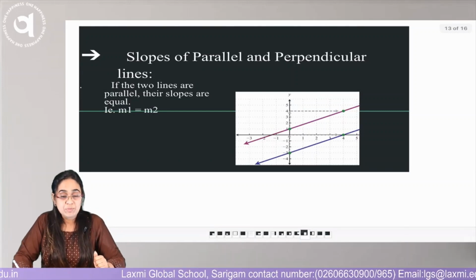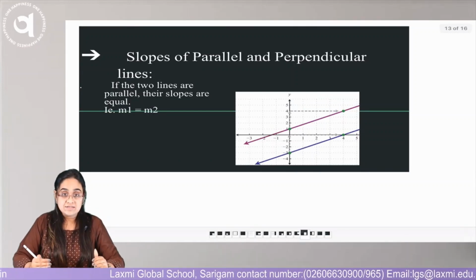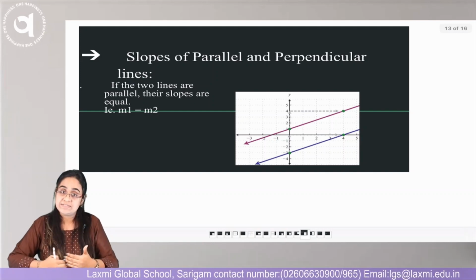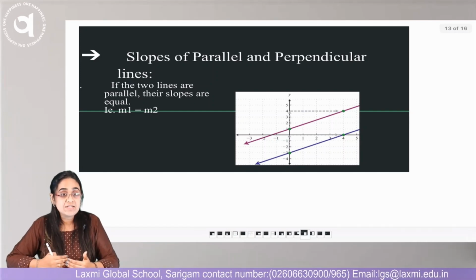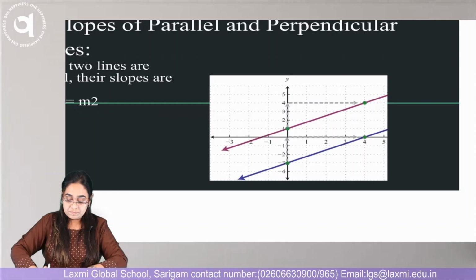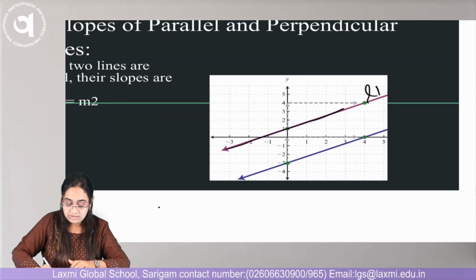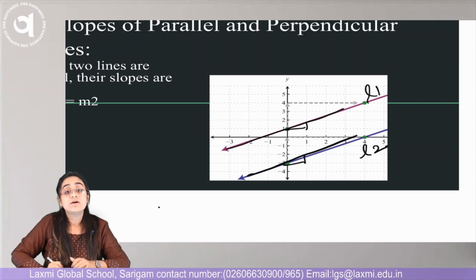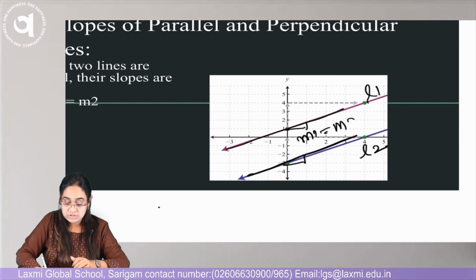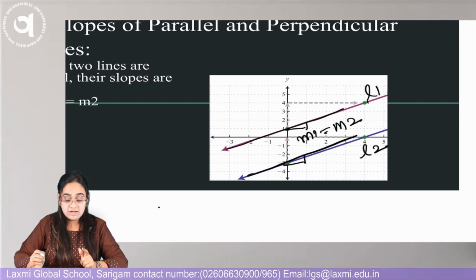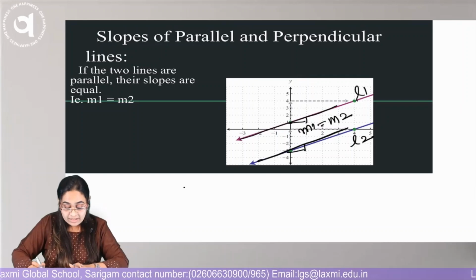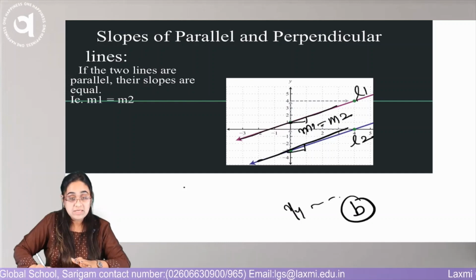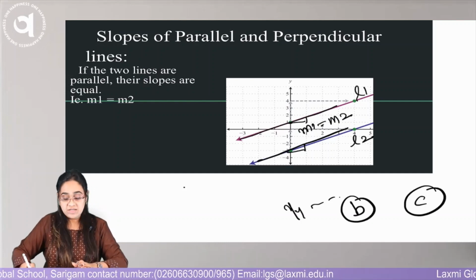Slopes of parallel and perpendicular lines. Now, if we have more than one line under consideration, we always call it a pair of lines, either parallel or intersecting. If the lines are parallel, definitely the slopes will be equal. If you see this example, for any given line we call it L1, for any other line we call L2. The slopes are equal. M1 is always equal to M2. The point to be noted in parallel lines is every parallel line has different y-intercepts. For example, for line L1 your intercept is B, for line L2 your intercept must be C. It will never be equal to B.